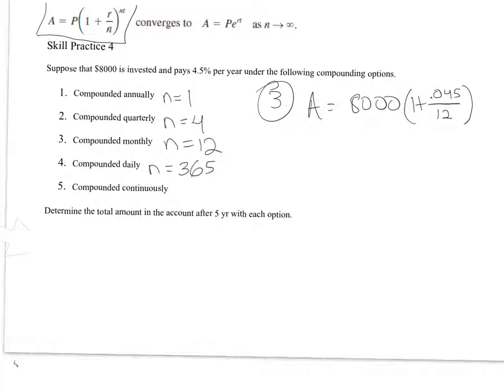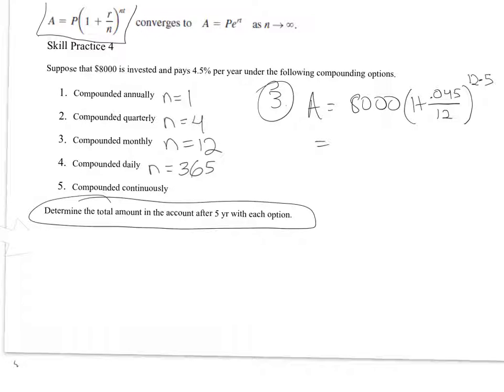And our exponent is n times t, so our n again is 12 times t. Notice at the bottom, we're saying determine the amount in the account after 5 years with each option. So we're going to multiply this by 5. They're always going to tell you a time. We want to simplify this as much as possible before we plug it into our calculator. So we have 8,000